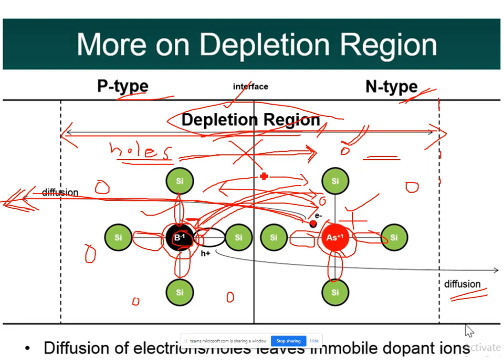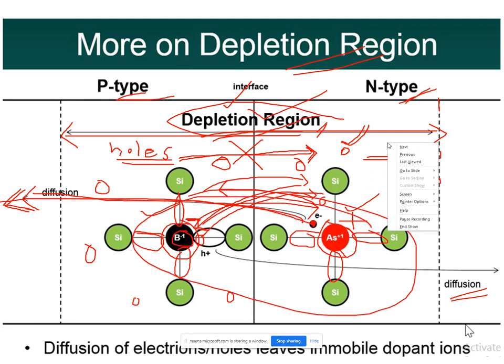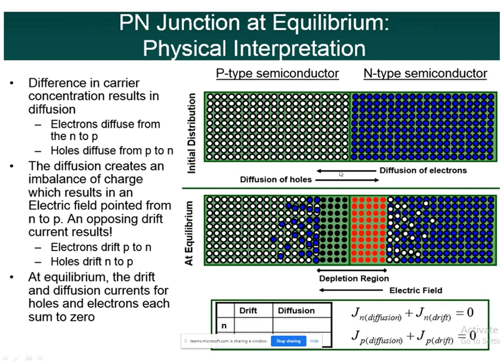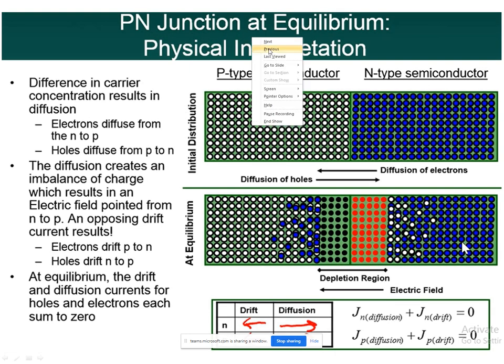In this case, these are the things happening, and because all the ions which are immobile come into this region, hence it forms the depletion region, right? So we have seen how the depletion region is formed, why it acts like a resistance, and what is actually happening inside the depletion region. Moving further, what we have here is the p-n junction at equilibrium, right? We have the p-n junction at equilibrium.